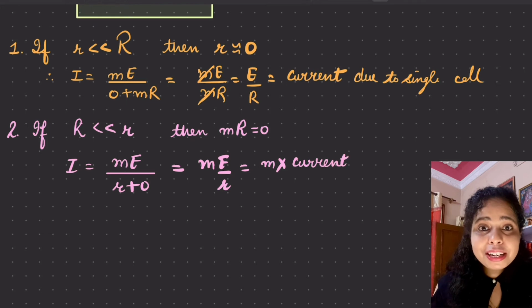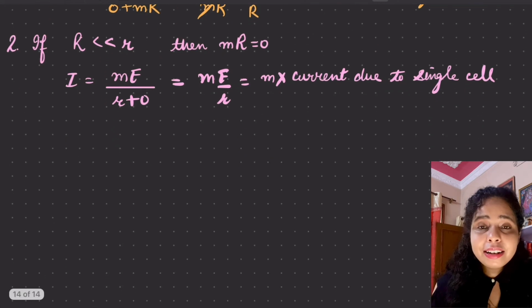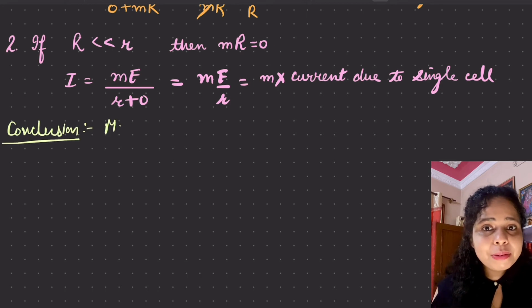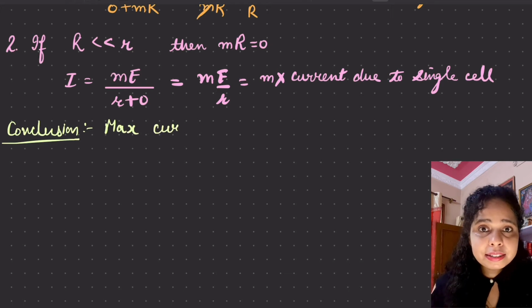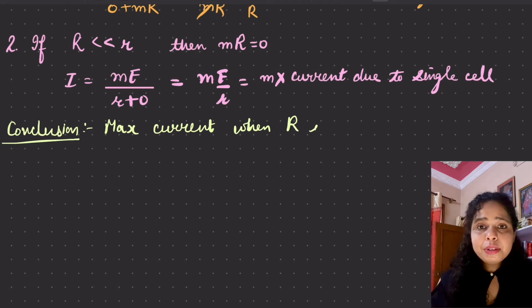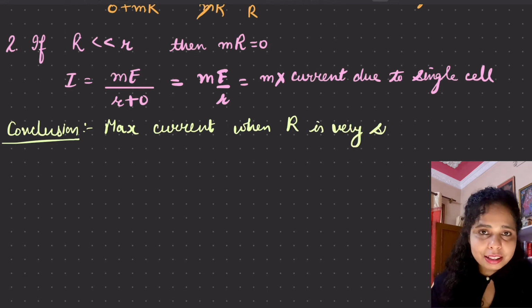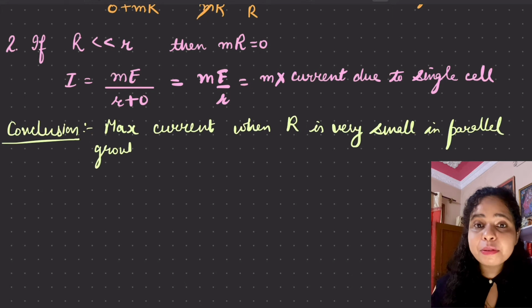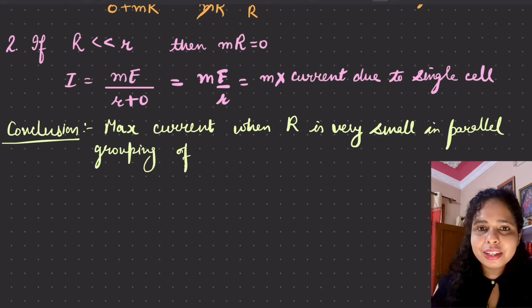That means if we attach a very small resistance in series with the parallel combination of cells, in that case we will have the maximum current flowing out of the circuit. So we can withdraw maximum current by keeping the external resistance very low with the parallel combination of the cells. So in these two cases we have done all the things. Now it is time to shift to the mixed grouping of the cells, which is quite different and will need some special approach as well, as I am telling you in advance.